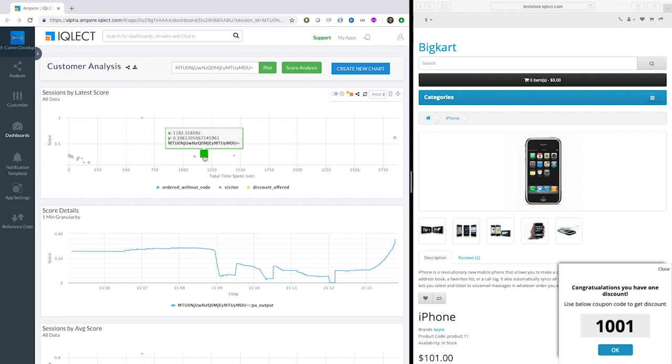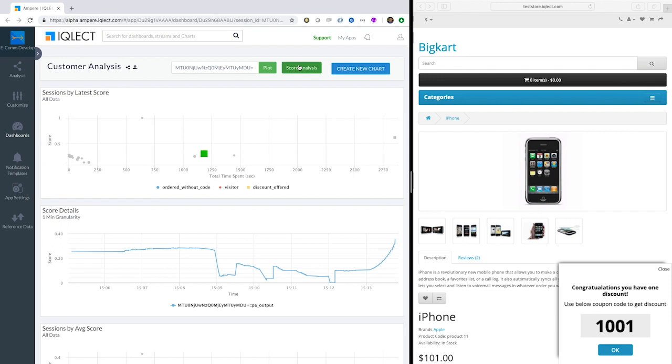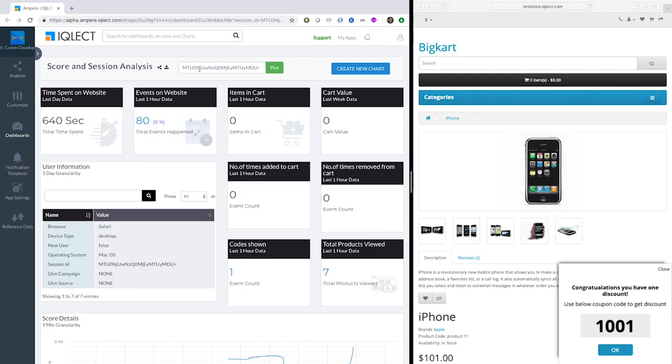Now we see that this is where we got the offer. Now we'll do the detailed score analysis for this user journey. What happened? Why did you get the offer? Why did the score go down initially? And why did it start jumping up? Now we see that